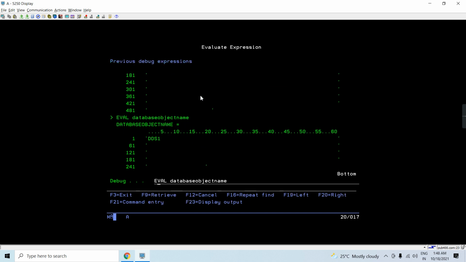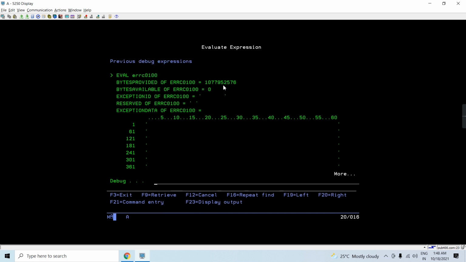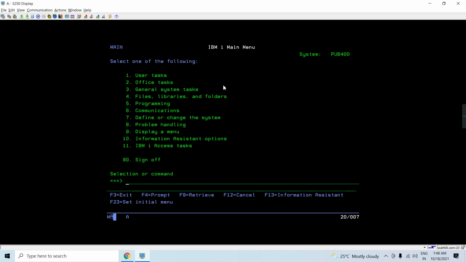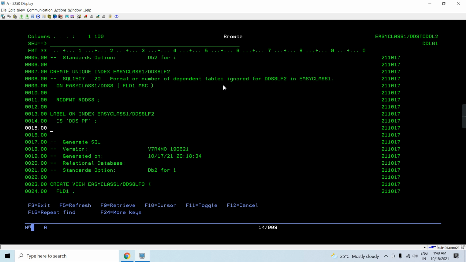So this is going to be a database object name, where I'm going to generate the view for this LF where no key was there. So let's say it's a view. We have generated a table, an index, a unique index, and now a view. Let's see, there is no error at all. Work member PDM. So you can see this source is being appended again.